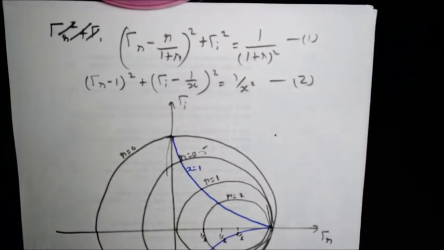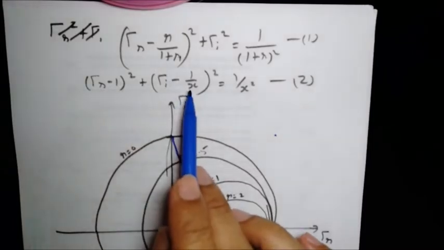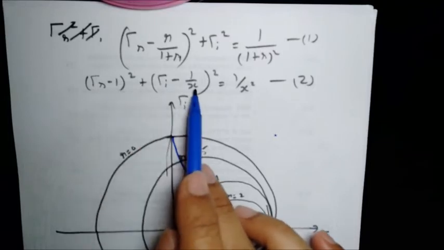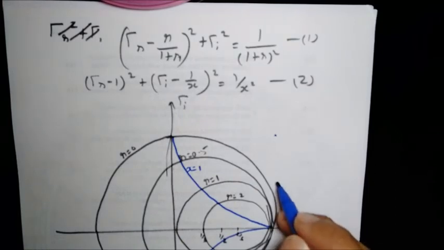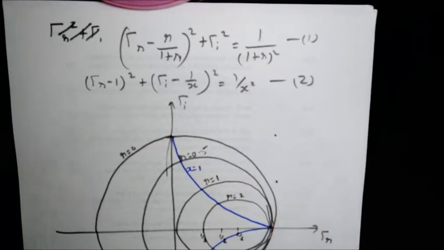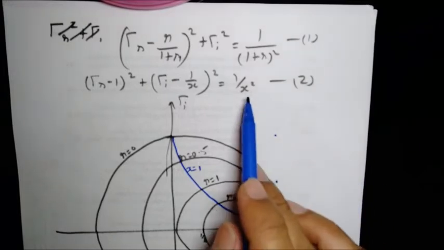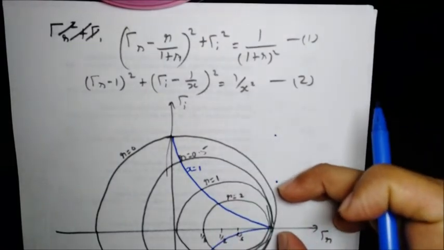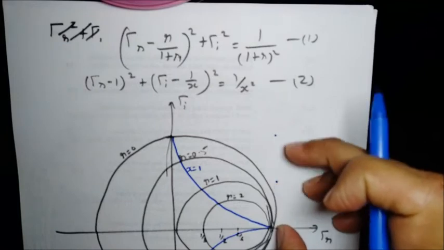And now if I go for x equal to 2, the center of the circle will be at 1 and 1 by 2. So gamma r1, 1 by 2, say somewhere here. This is for x equal to 2. And x equal to minus 2, you have the center of the circle somewhere here. And when x is equal to 2, the radius is 0.5. And this is 0.5. This being 1, this is 0.5.